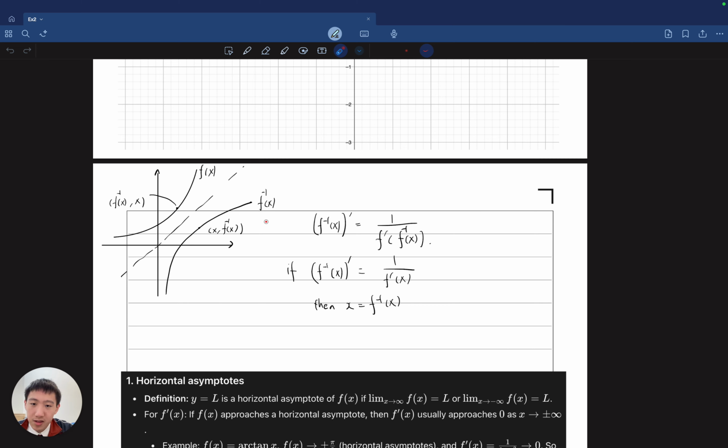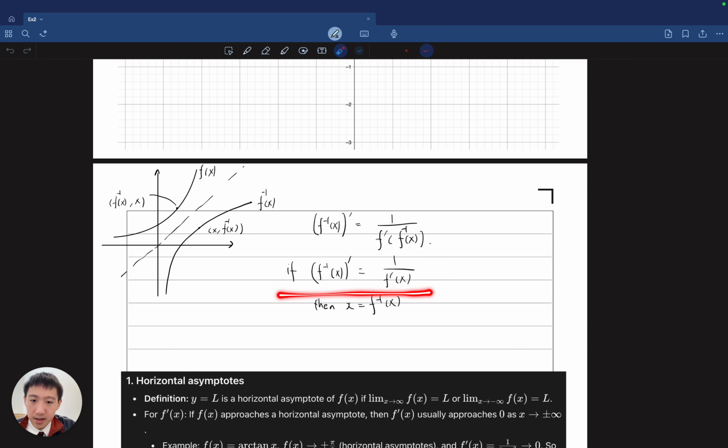Now if I want to find the derivative of the inverse function, I know that these two points, their gradient, if multiplied, will be 1, so I can simply find the gradient here. If I want to find the gradient here, I just chuck this value into the derivative of f(x). So it's like this. Then I get this result, which after you visualize, like what I did, should be intuitive and memorizable. And just by observing, if it's like this, which those who wrote the sample answer thought so,